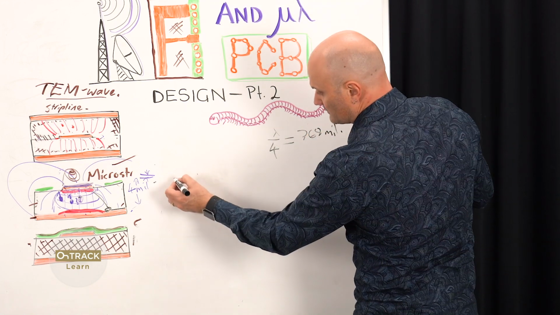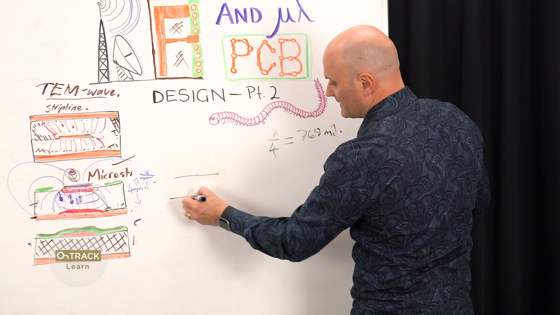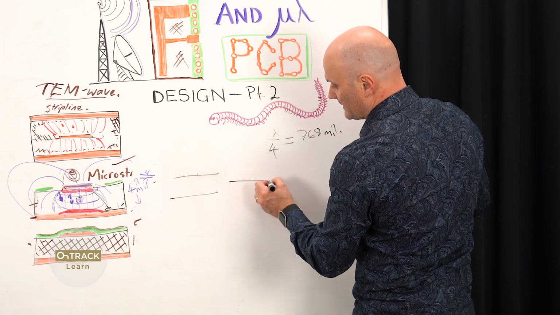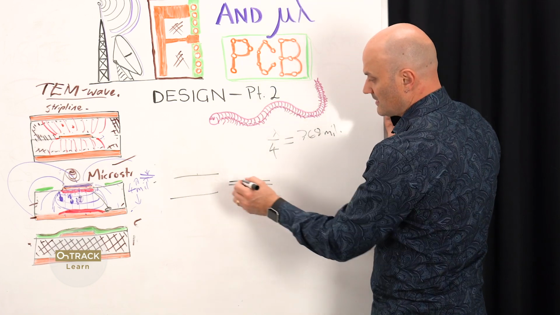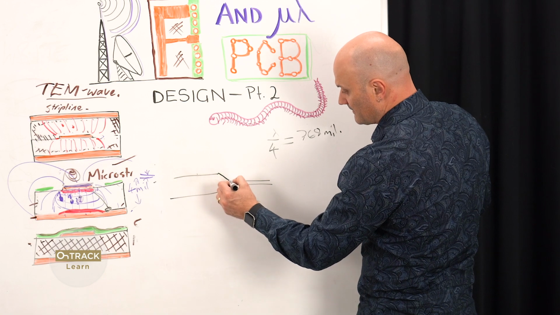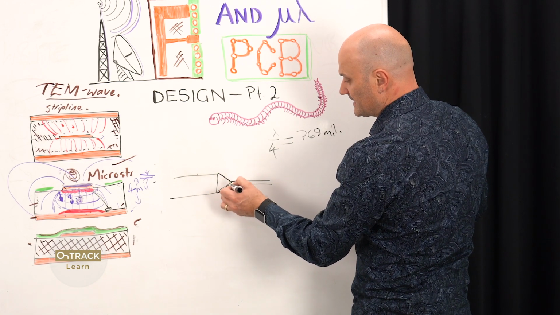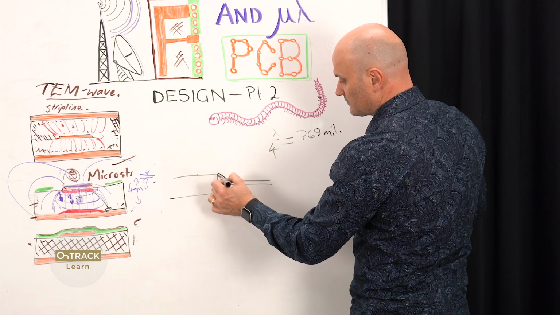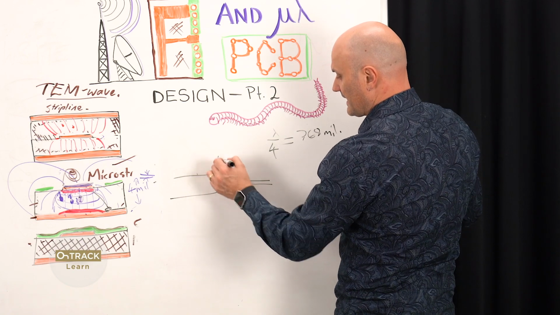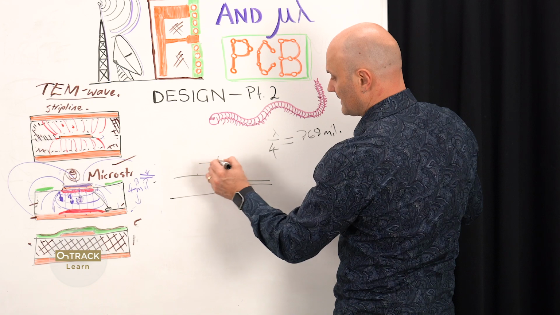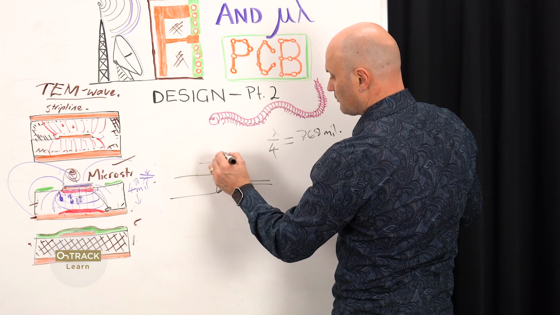Okay, so what do we do? We have one transmission line here and we have another one here, and we need to join them. Well, we put a tapered segment in. This is the simplest way to do it. And the length of that tapered segment is 1/4